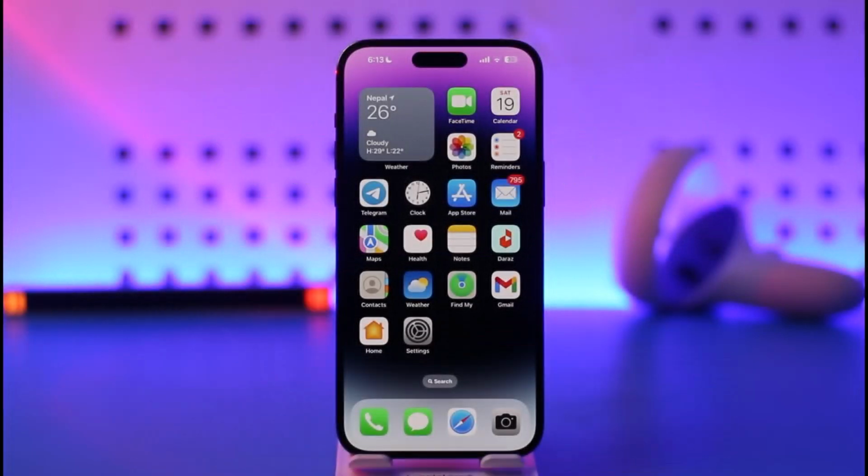In today's video, I'll guide you on how you can lock hidden photos on your iPhone 14. So make sure to watch the video till the very end. If you'd like to lock your hidden photos on your iPhone 14, it's actually very simple to do so, because